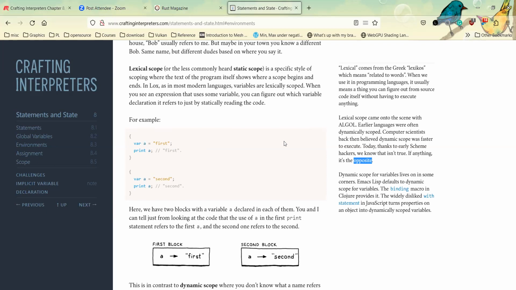We look at a variable, we know what it refers to. I don't know what to say about it, but this is not related to scope.